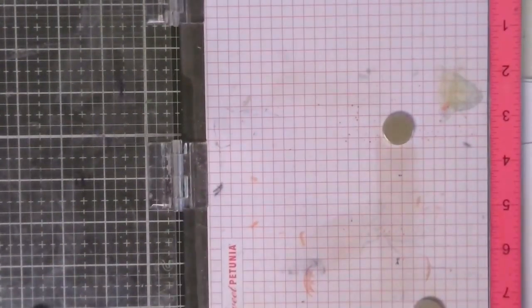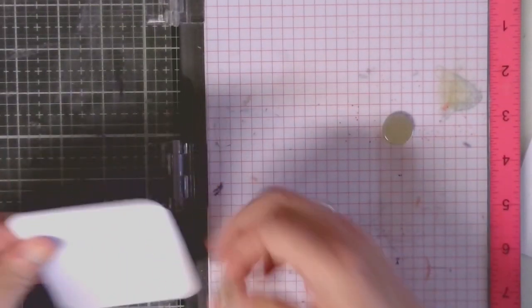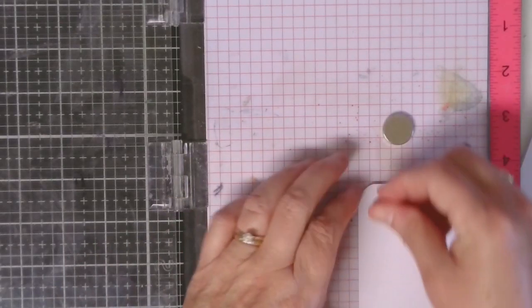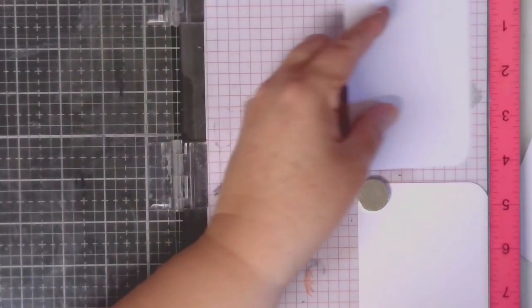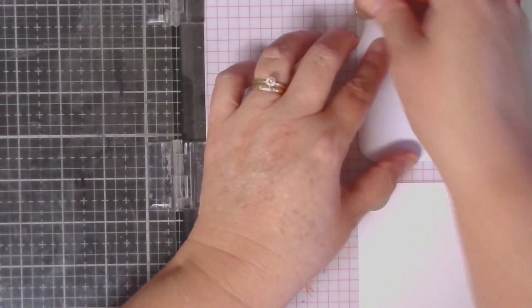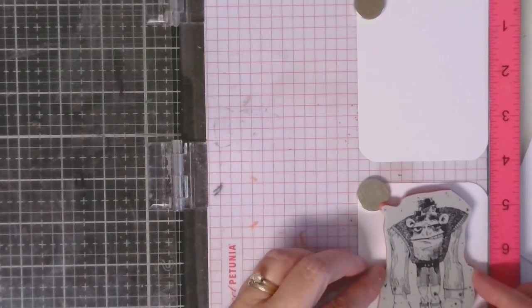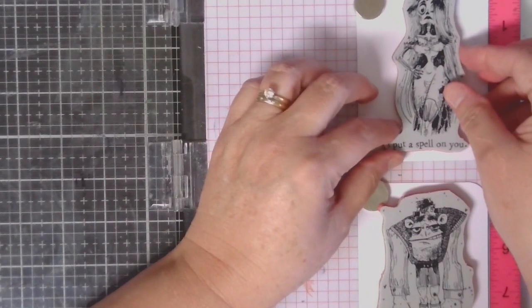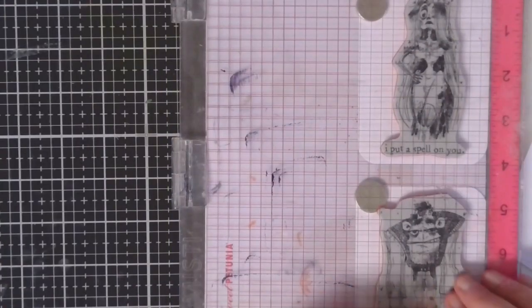So the first thing that I did is I cut out some heavy cardstock that was 4 inches by 3 inches. And what we're going to be doing is creating some playing cards. Now, of course, these aren't real cards that we're going to be creating, but we are going to be using the heart, clover, spades, and diamond that are part of the Inspector stamp set. So the first thing that I did after cutting my cardstock is I took my characters and I stamped them